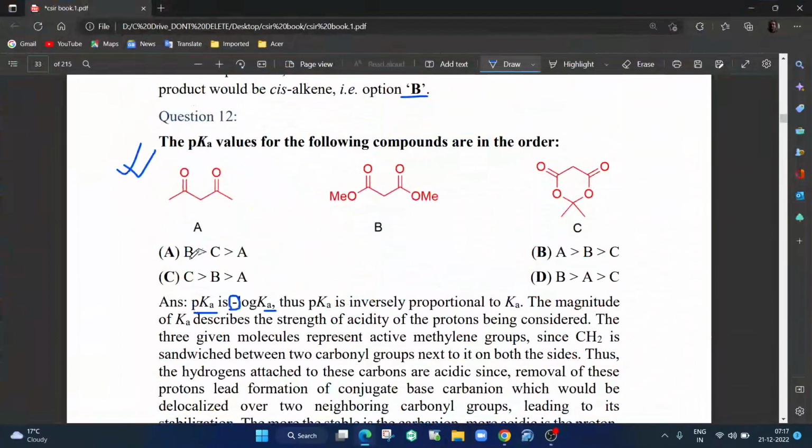So if you look here between A and B, it's very easy to find out, because here if you see these protons, if I remove this proton, it has two protons. Imagine I removed one of the protons, you get a negative charge. So this negative charge is delocalized over this side, so that you get minus charge delocalized over this oxygen. Also you will get delocalized over this oxygen. So you are having